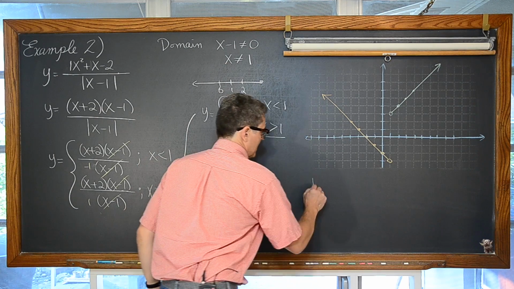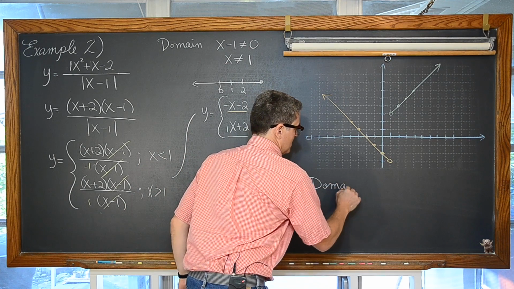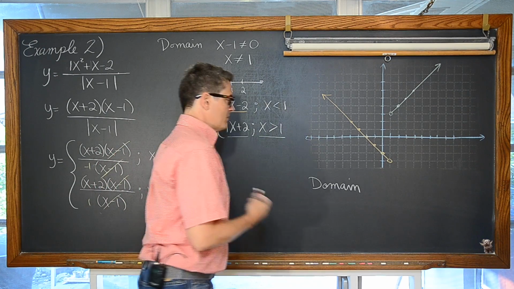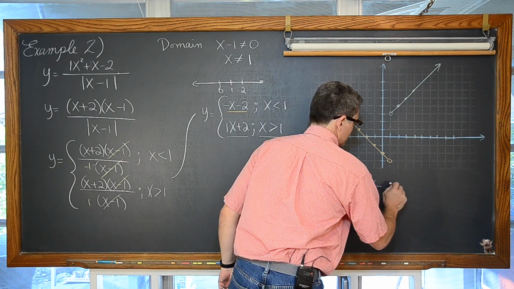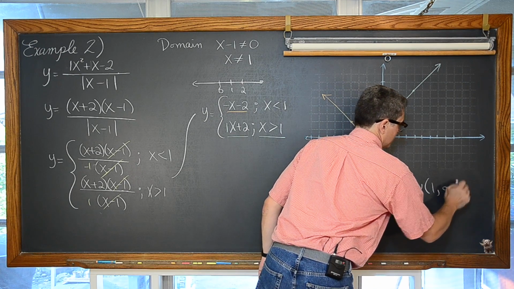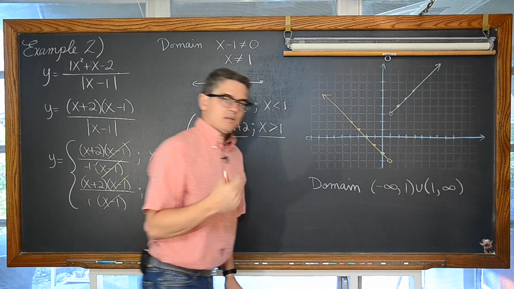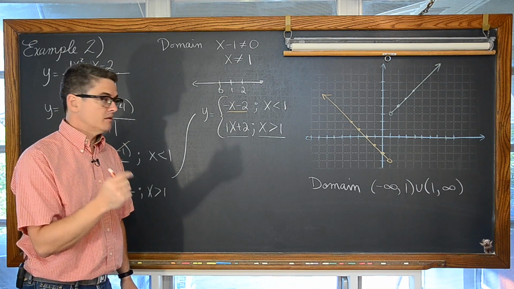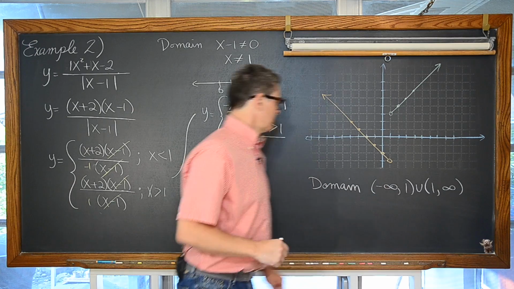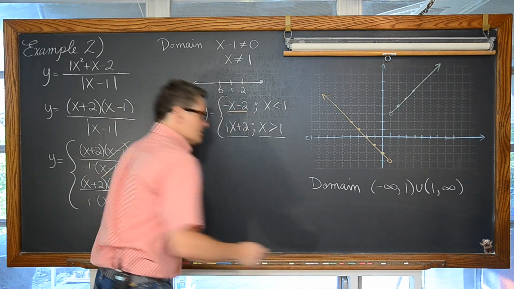So the domain, I'm going to write this in interval notation. We can say the domain is all real numbers except x cannot be 1, but my textbook uses a lot of interval notation, so we're going from negative infinity to 1, or from 1 to infinity, those round parentheses indicating that I'm not including the value of 1, I'm just approaching it from basically the left and the right. The range,